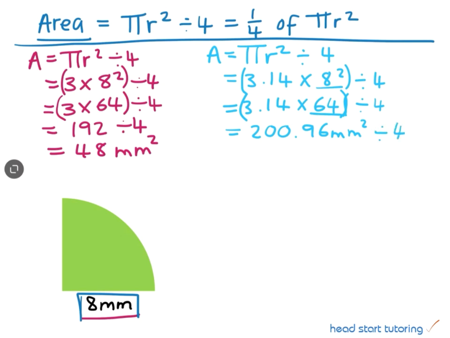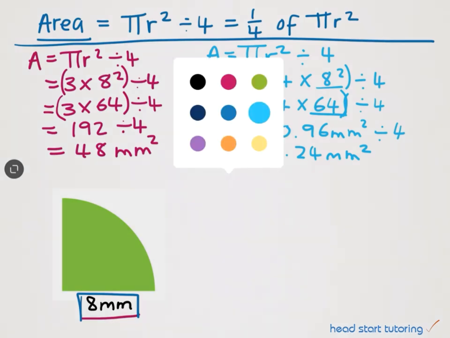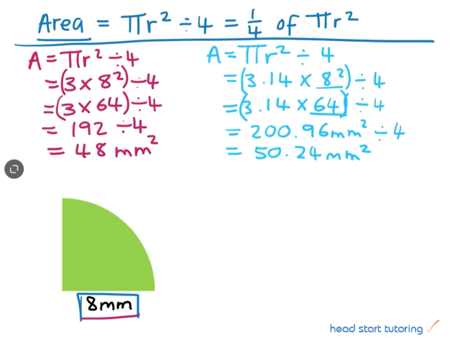And then we divide that answer by 4 to get a final answer of 50.24 millimeters squared. Right, so when we are using pi equal to 3.14, we get an answer for the area of this quarter of a circle as 50.24 millimeters squared. Let's now have a look at the area of this quarter of a circle using pi equal